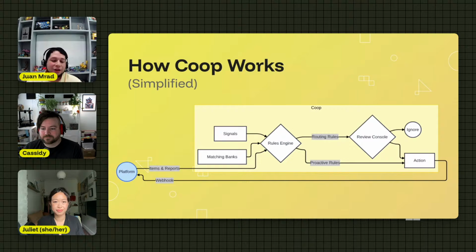we just talked about, which is the ability for us to send you a webhook with some authentication, with some custom params, for you to then take action on those items, whether it's banning the user, deleting the item, deleting the account, or taking some sort of other action around, let's just shadow ban, let's just mute this account, let's put them on some sort of timeout, whatever it is,